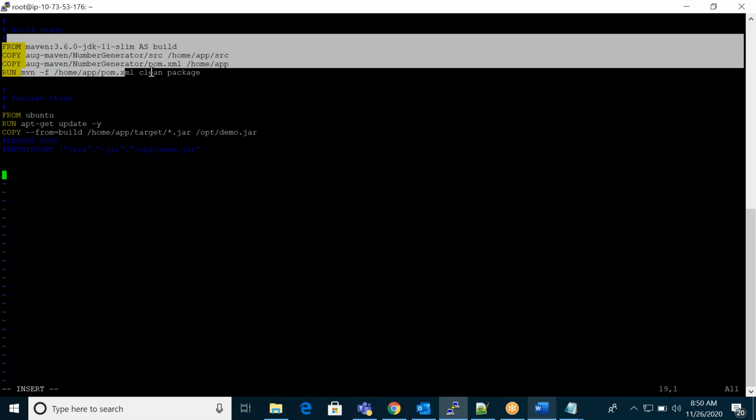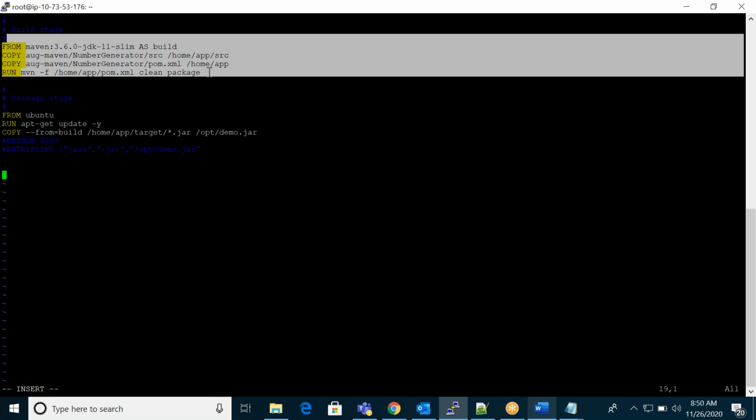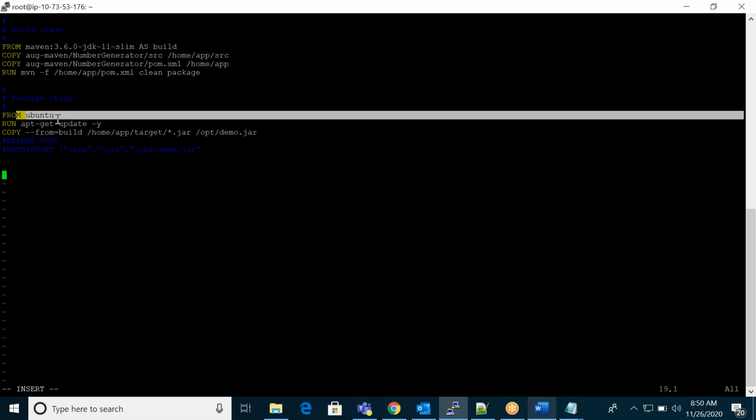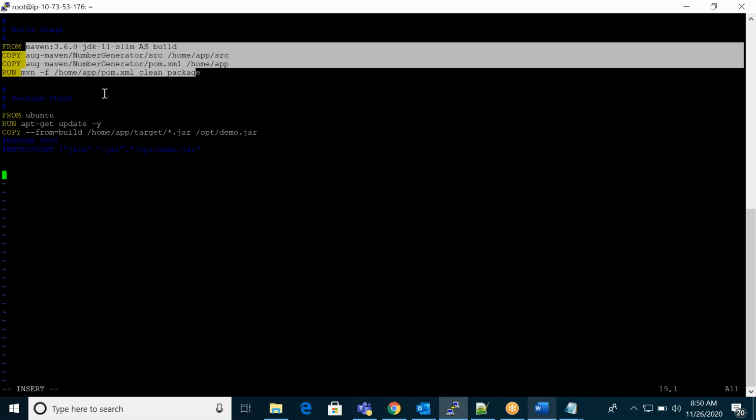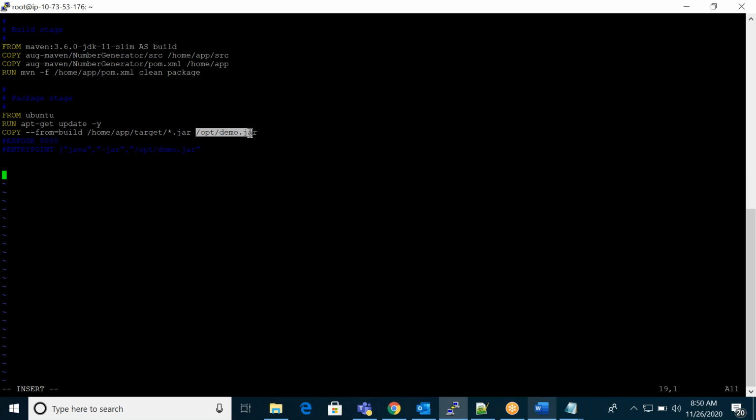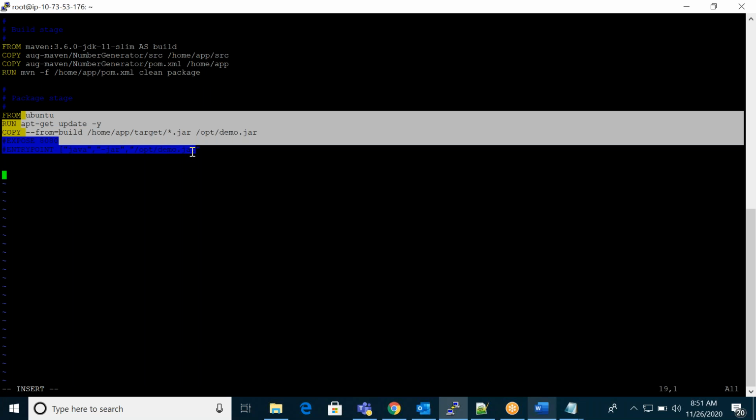So in one image, I'm converting my source code into a jar file. This is my actual image. So whatever jar file I have here, I'm copying to this image.